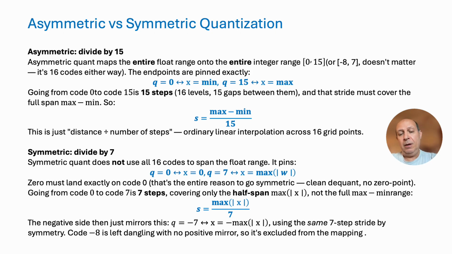Now, most of the quantization algorithms, as I mentioned, prefer the symmetric quantization because of the symmetry and the zero point aligning exactly at point 0. This is just simpler and it makes the quantization unbiased. While with the asymmetric, we have -8 on the negative side and 7 on the positive side, which makes the quantization a little bit biased.